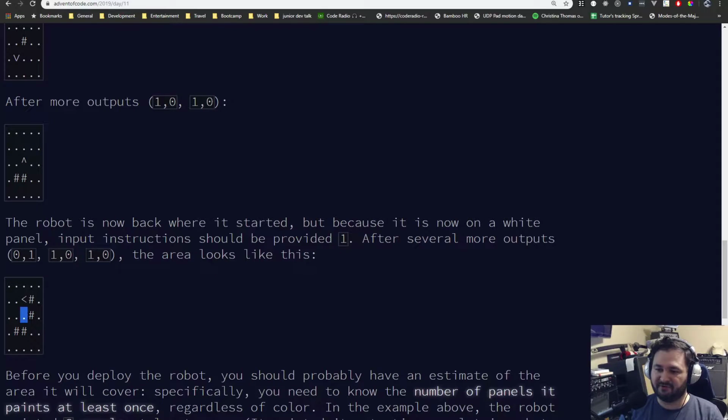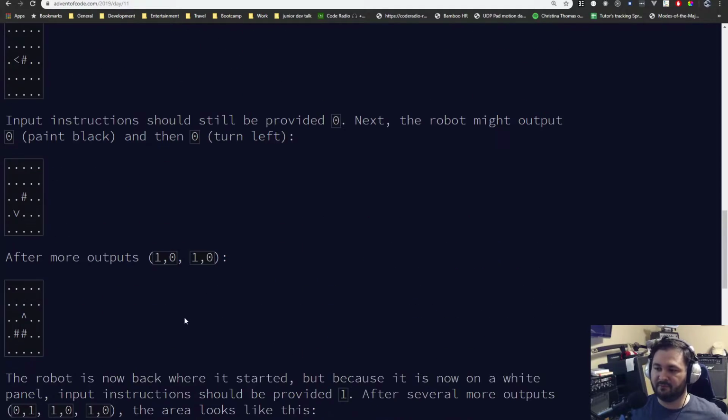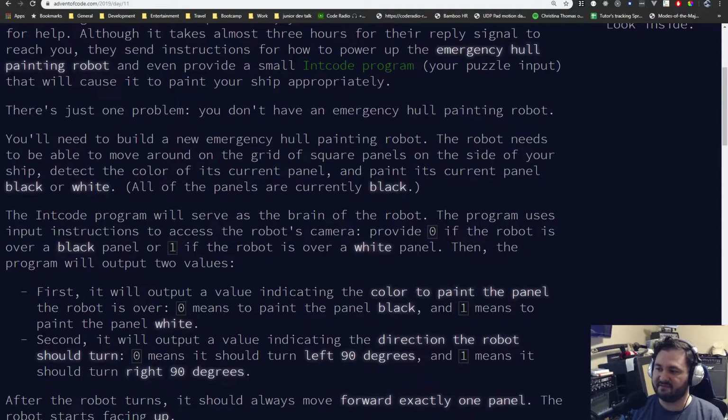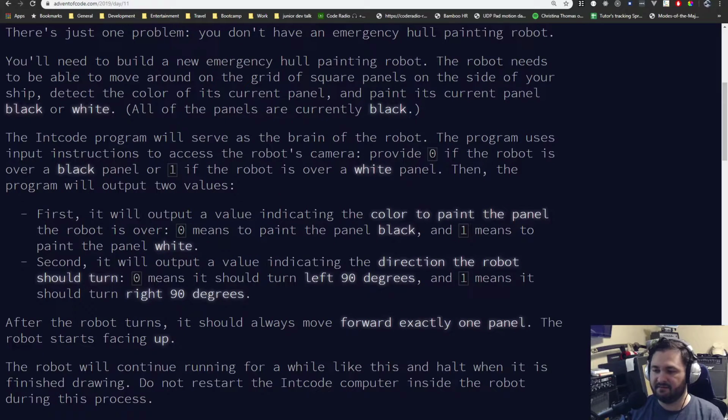So if we started here, maybe we moved here, here, paint white, maybe come here and then come here and paint and then paint. So the rules they tell you for this are that you're going to get two outputs from Intcode, and the first one is going to be what color to paint. So if you get a 0, you're supposed to paint black, and a 1 means paint white. And then the second is another 0 or 1, and it's going to tell you whether to turn left or turn right. And then it says after each turn, you're going to move forward one panel in whatever direction you're